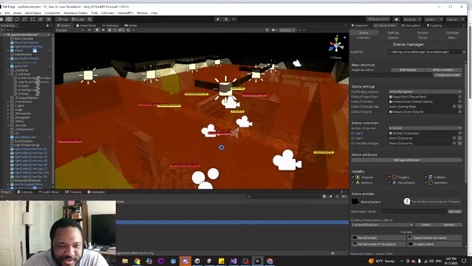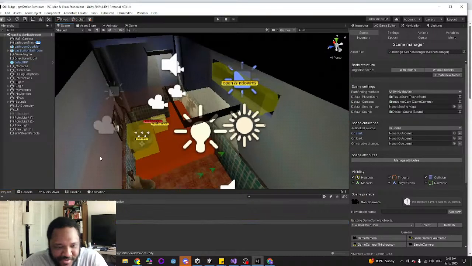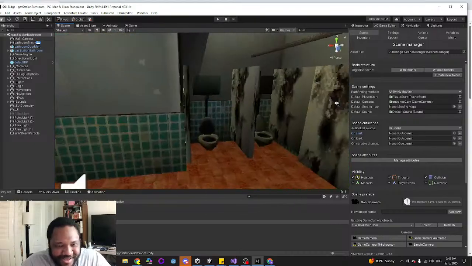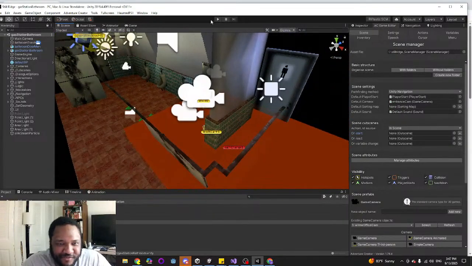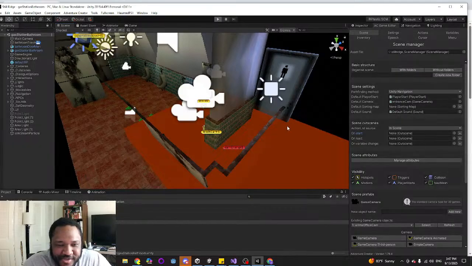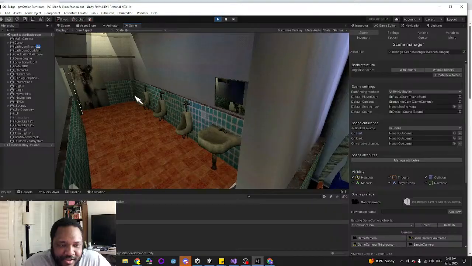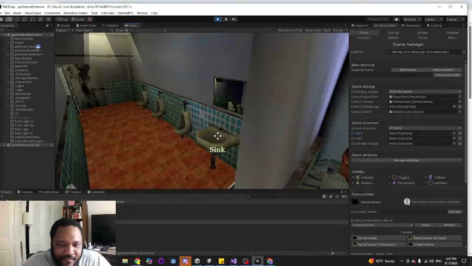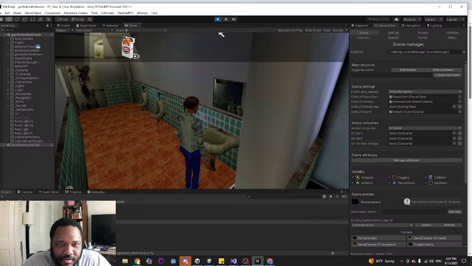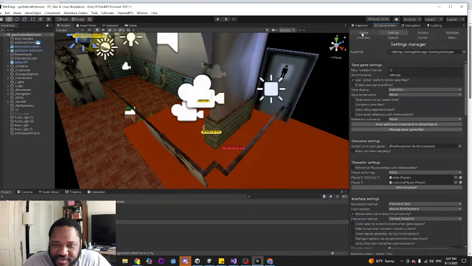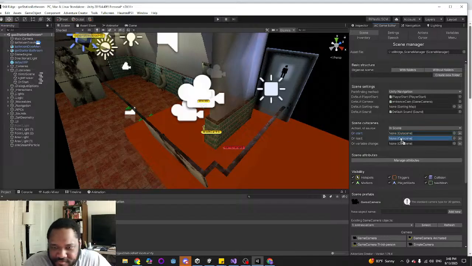But anyway, let's go to the obligatory Silent Hill bathroom. This is one of my favorite scenes that I've got so far. Let's play this. Okay, there should be a cutscene playing here. Probably because I disabled it.